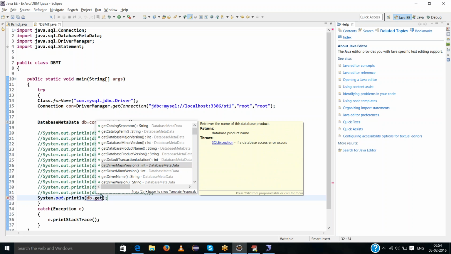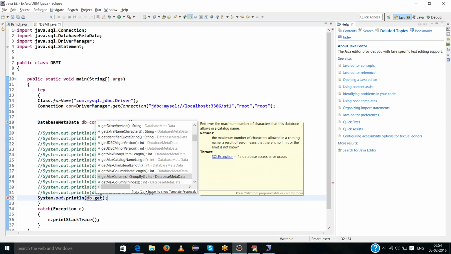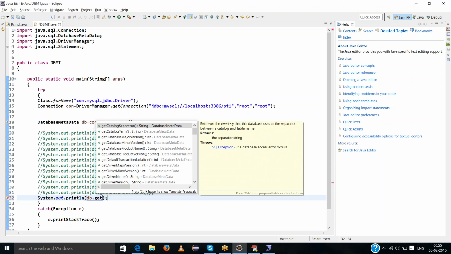Database production schedules. Get some transactions are there. Transaction selection.